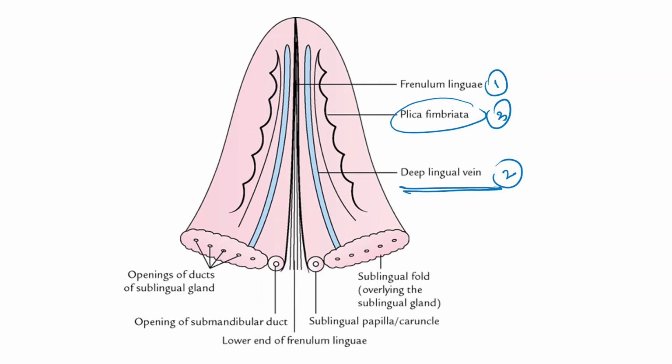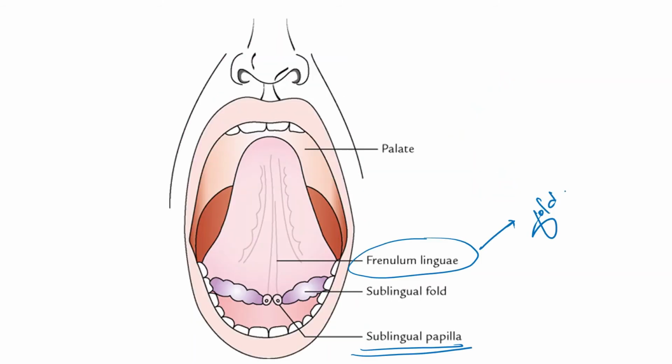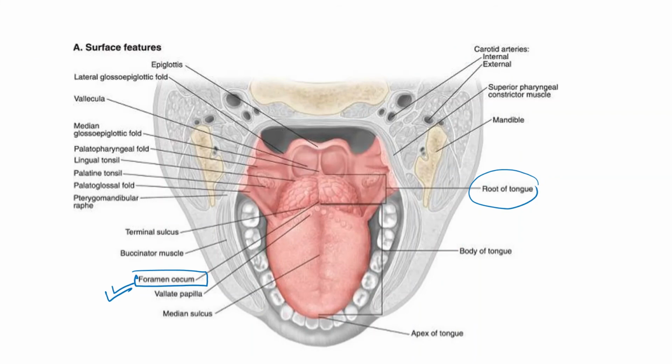When we talk about the lateral margins of the tongue, each margin is covered by the mucous membrane and the palatoglossal arch. This palatoglossal arch is attached to the margins of the anterior two-thirds of the tongue. As we can see in this picture, this is the palatoglossal arch, or palatoglossal fold. This fold connects the side of the tongue with the soft palate. On each side the lateral margin represents the palatoglossal arch, which lies at the junction of the anterior two-thirds